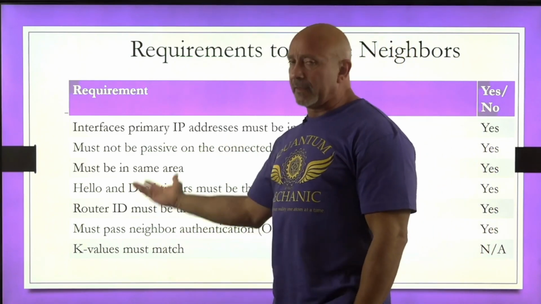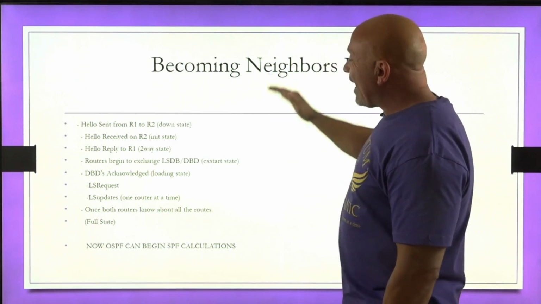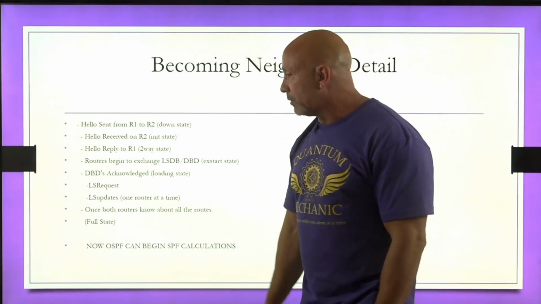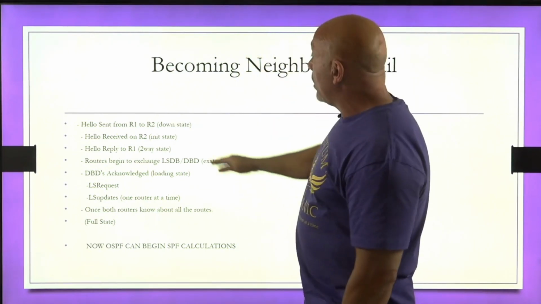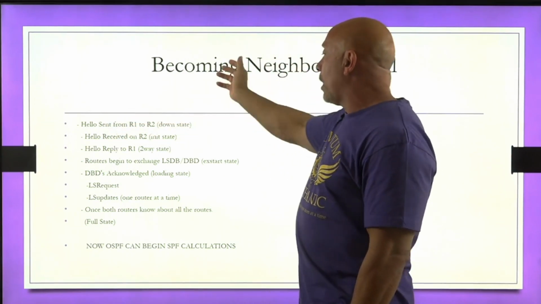And K values, that's only in EIGRP, so it has nothing to do with it here. All right. And here, let's break this down. The first thing is hellos are sent from router 1 to router 2 as an example,